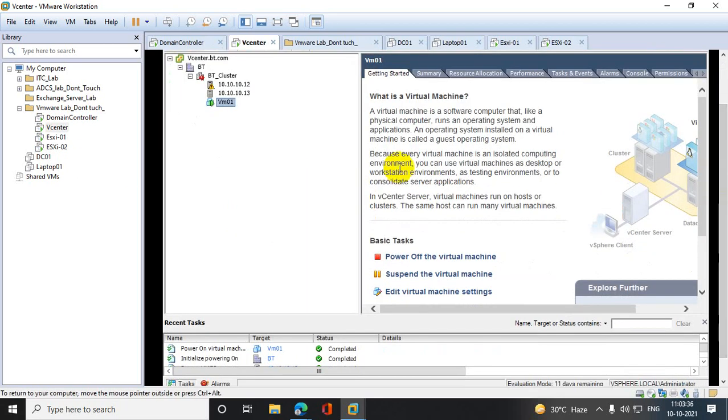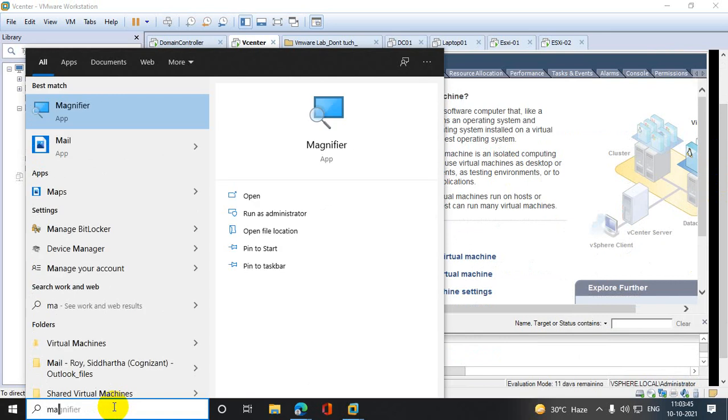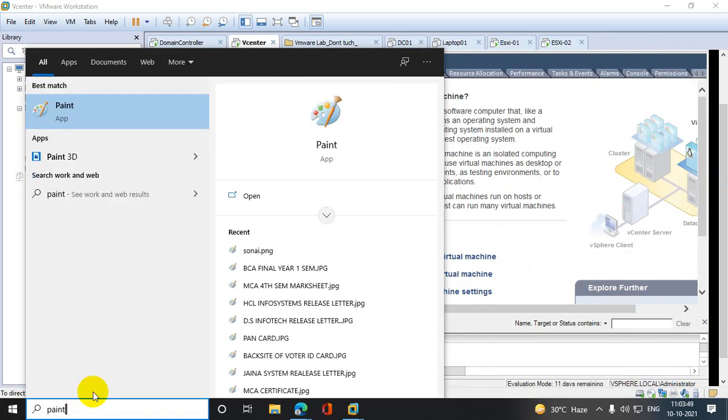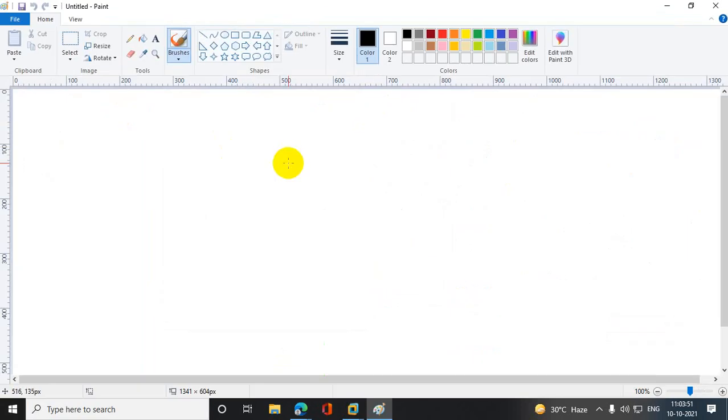So my first practical today is RDM. It's called raw device mapping. So what do you mean by the raw device mapping, and what is the utilization of it, and what is the disadvantage? So let's understand the concept. So, general purpose,